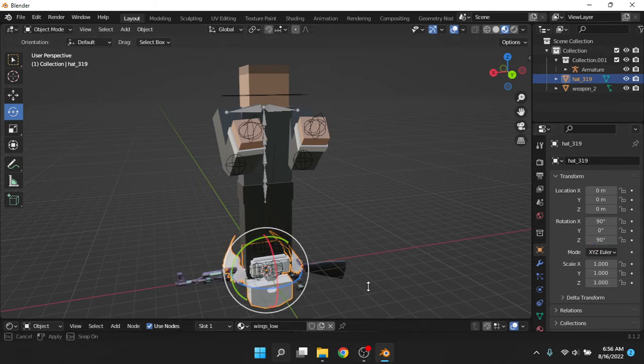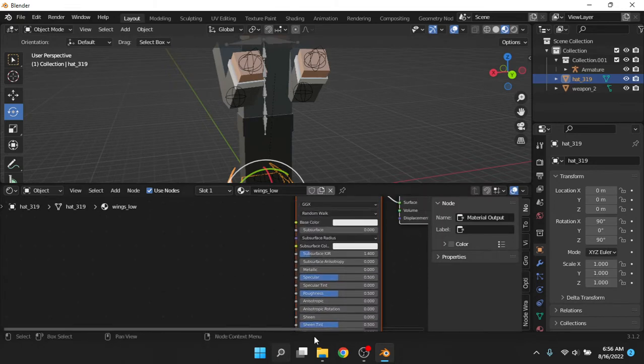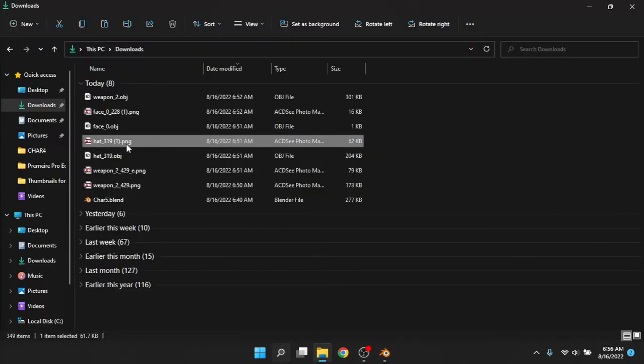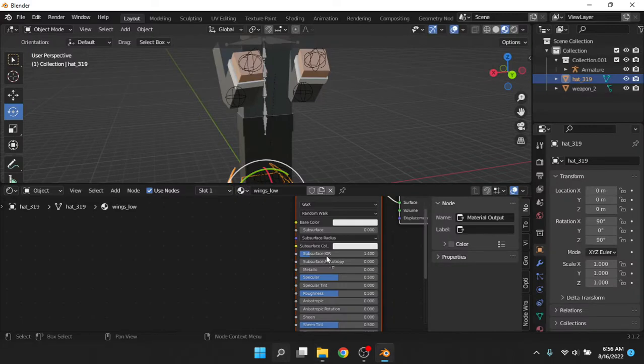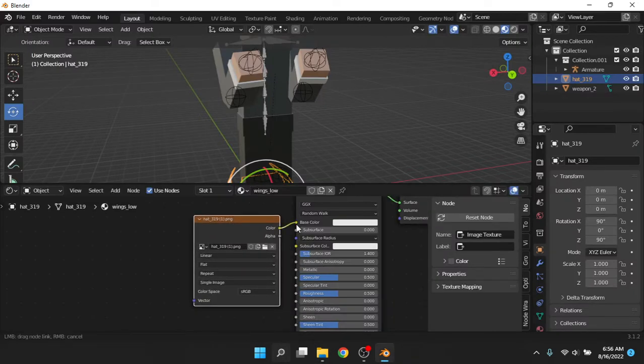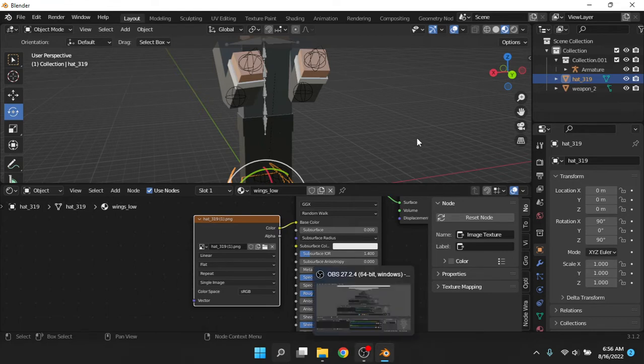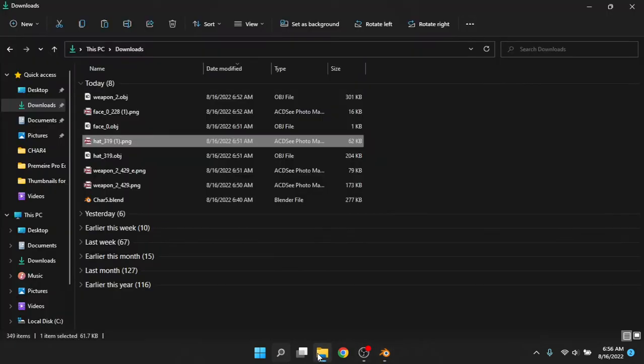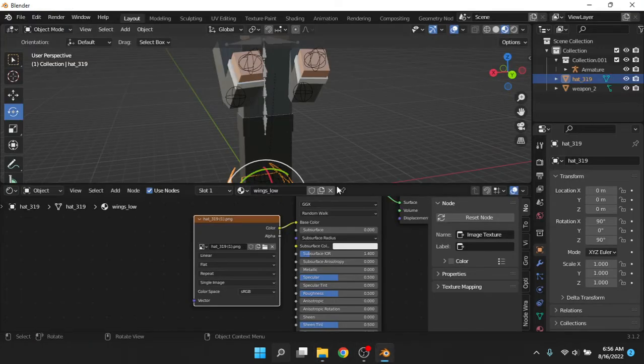You click on the model, drag this up, and find the texture for the hat. So I have it over here. Drag it, drop it, and connect the color node to the base color. And since the hat doesn't have an emission or glow, you don't have another underscore E file, so you just have this. And now